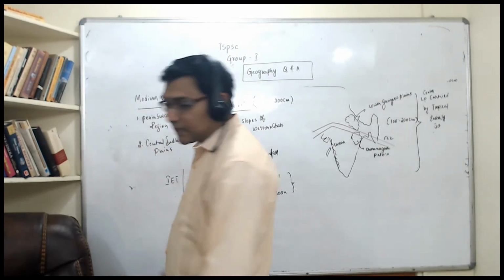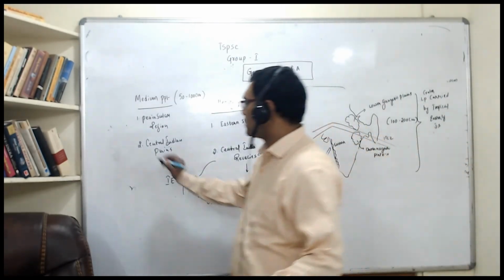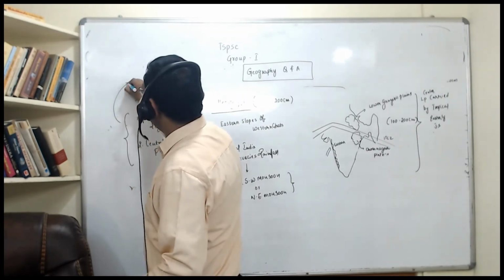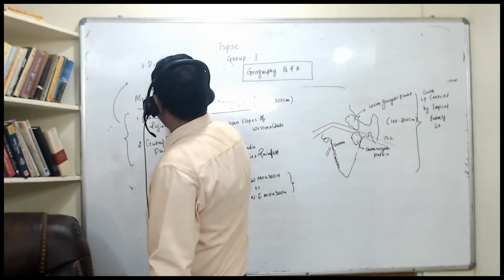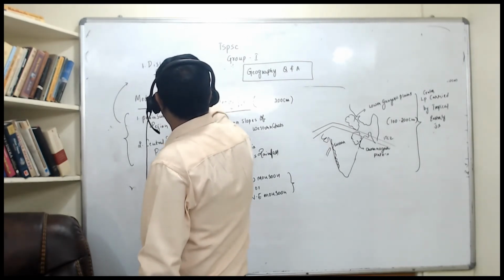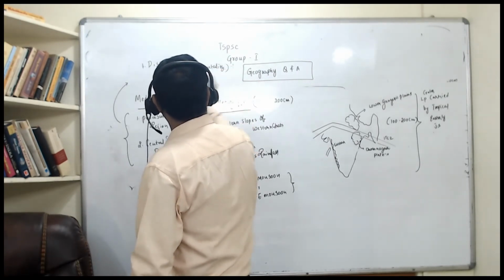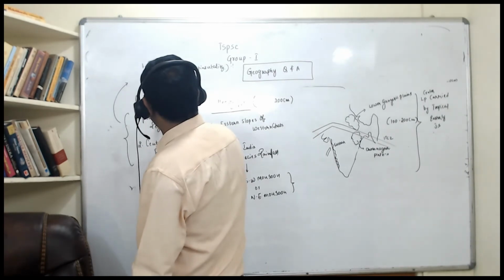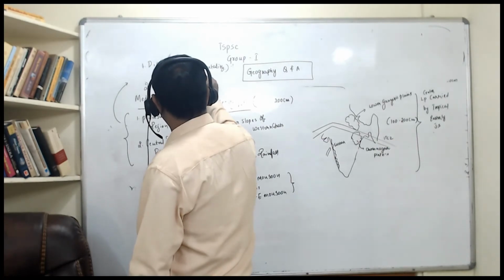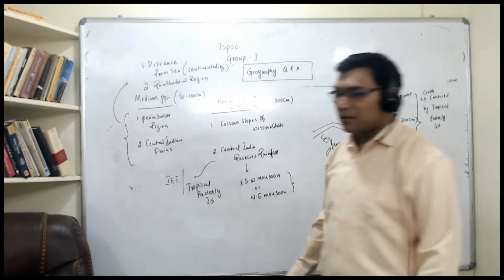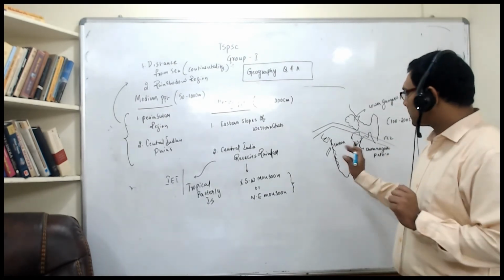These are rain shadow, distance, two factors, rain shadow region. For these two you have to write the reasons also. First is distance from the sea increases, that is called continentality effect. Second, they are falling under the rain shadow region. So we have to write the reasons also, why less, why more.